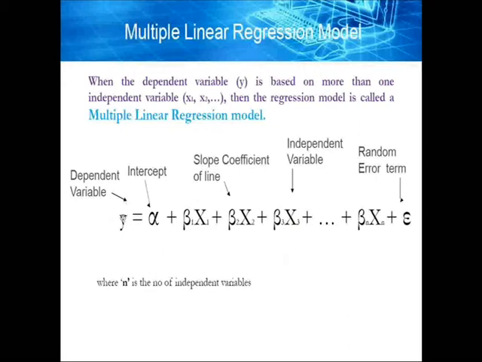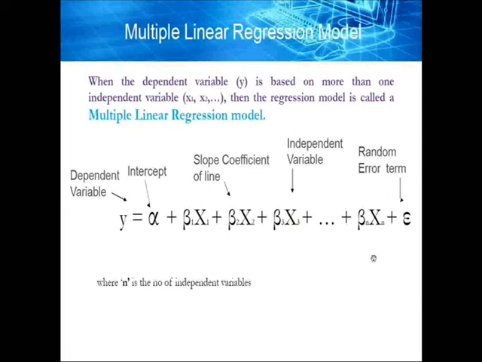Here also the target value, that is the dependent variable y, is based on a number of independent variables. Independent variables are considered as x1, x2, x3 up to xn. It means n independent variables are to be considered. Again, we can use the same concept of simple linear regression. The output y is obtained as a linear component plus an error function. So we write alpha plus beta 1 x1 up to beta n xn. All these are the linear component, and E is the error.